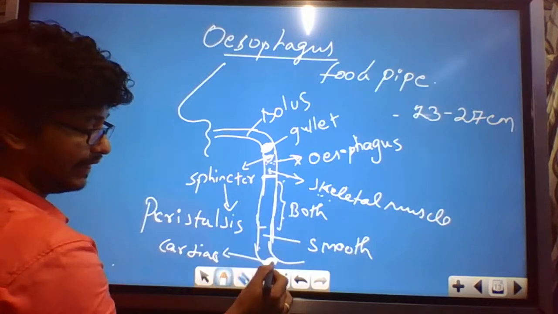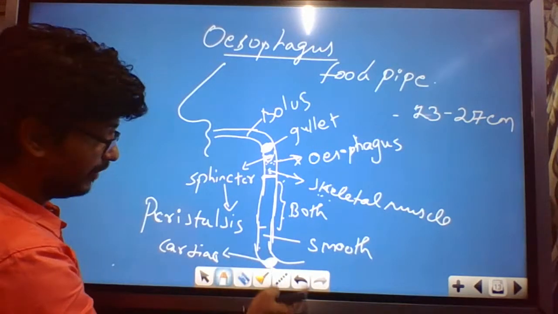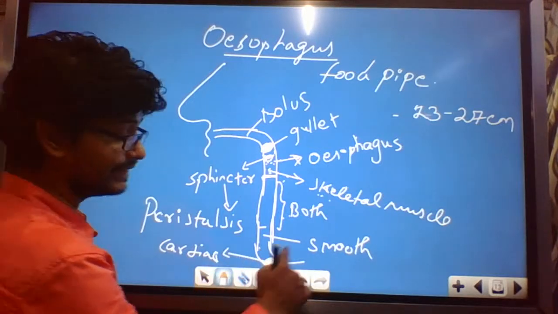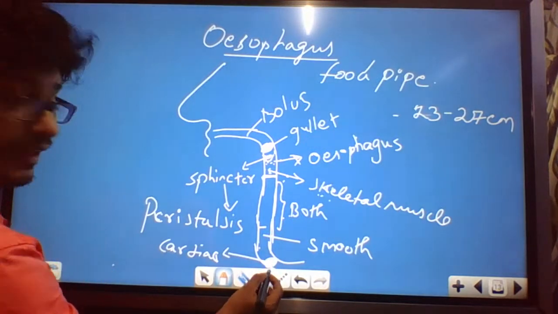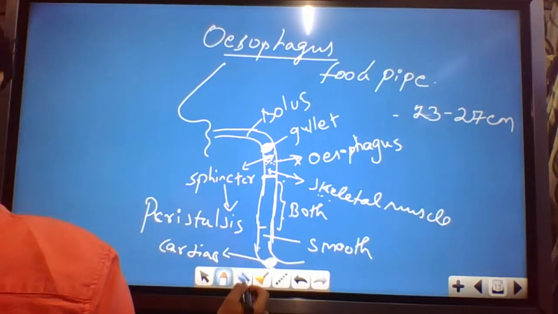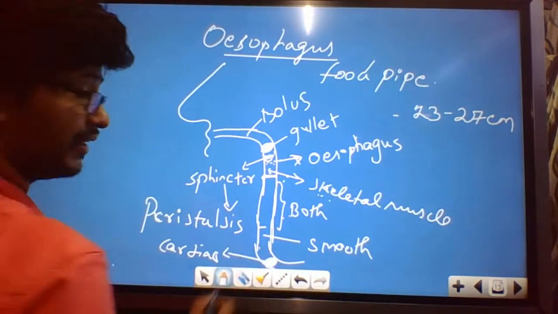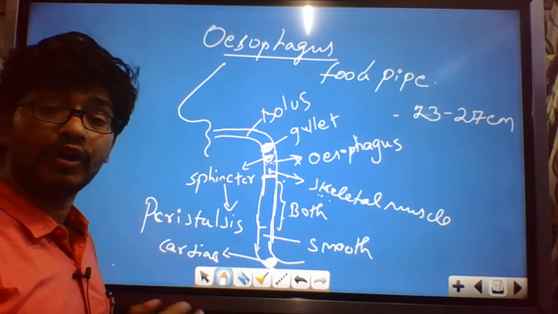You could see here the cardiac sphincter muscles, which act like a bridge between the terminal part of the esophagus and the beginning of the stomach. We have a special type of muscle that we call cardiac muscle. Now, what is the main function of the cardiac muscle? This cardiac sphincter muscle will not allow the